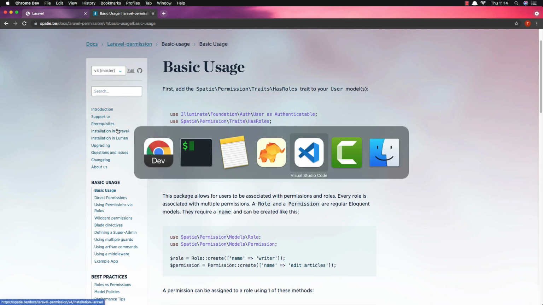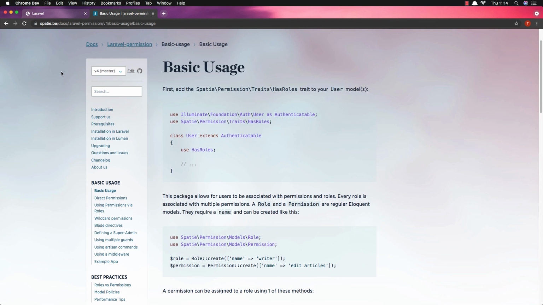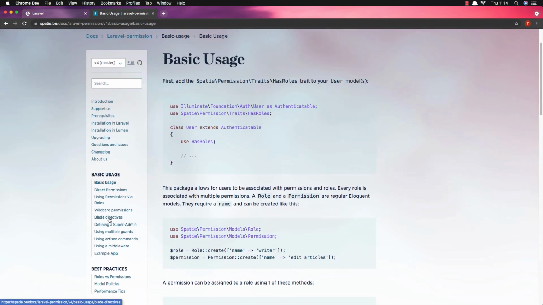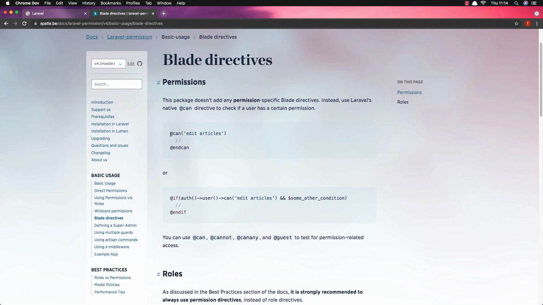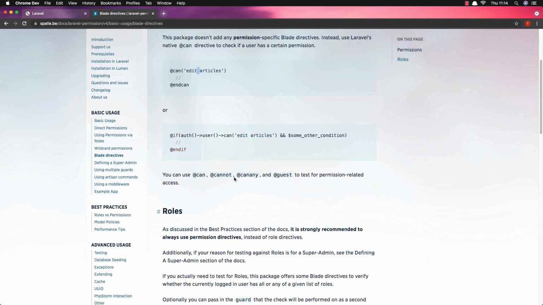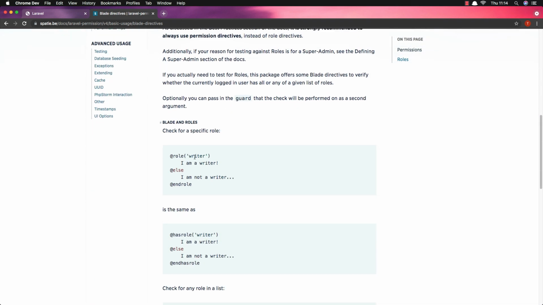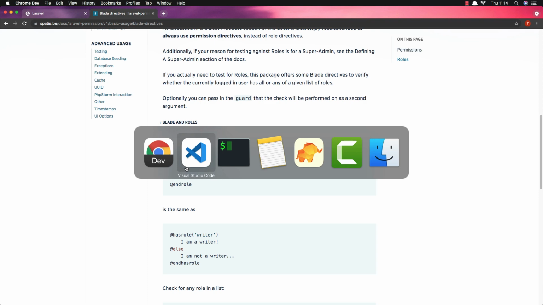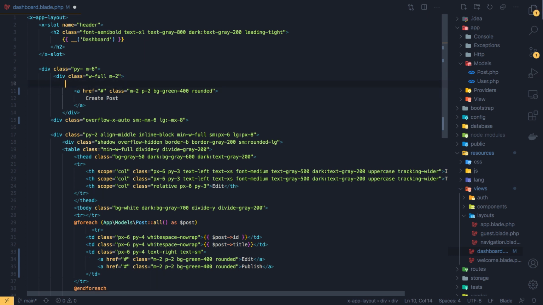And here if I go now to the dashboard, first I'm going to show you with the blade directives, and we can use can and add the permission, or if the user can, and these are blade directives, or with a role. So if a role is writer, else, and so on. So I'm going to use this role, and here I want to show this only if the role